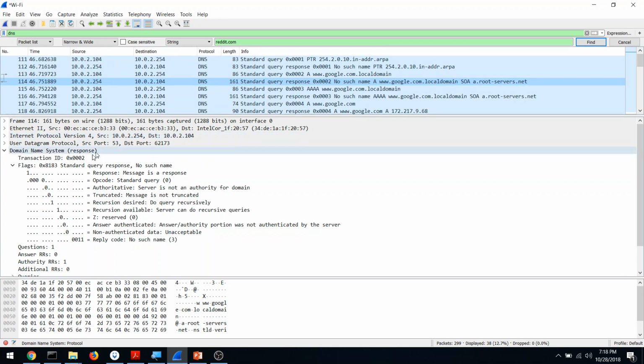DNS packet we have. And so now we have the response. So we have standard query response, no such name as www.google.com.local domain, right? So this is just kind of saying, hey, you added a local domain. That's kind of weird. So let's just skip over that. So we're going to go to